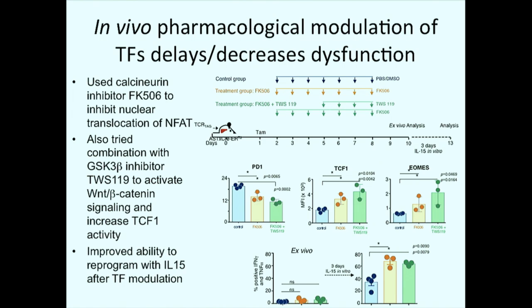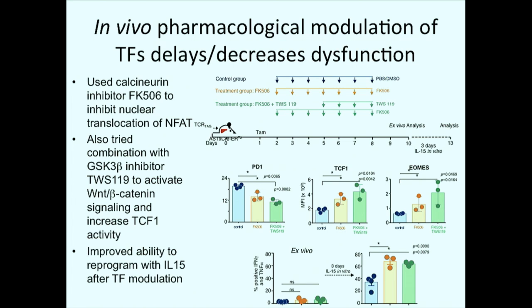All right, so what you can see is that if you look at day 10, the PD-1 levels in control versus the drug treatment, you're getting less expression of PD-1, so they seem less dysfunctional. The T cells are less dysfunctional after the drug treatment. They're expressing more TCF1 and more EOMES, so these are both important effector transcription factors, so that's good. So the T cells look more normal.